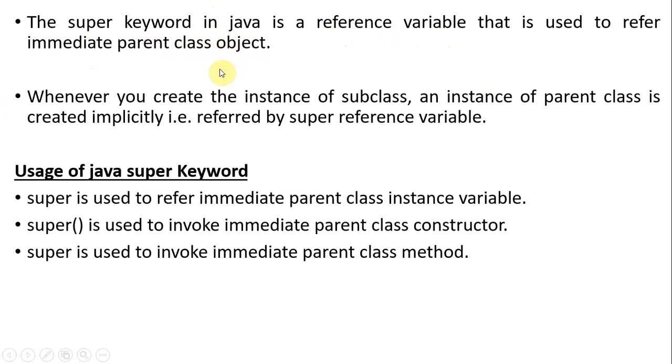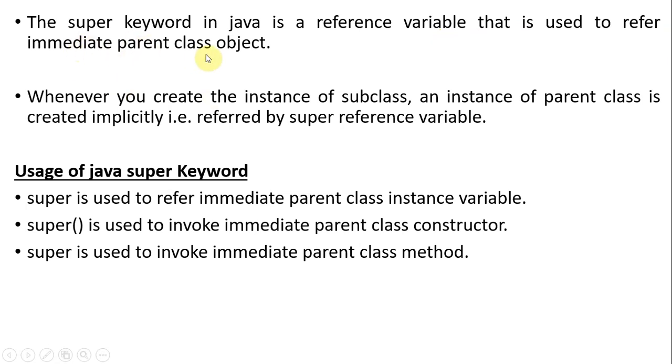Just now, before this video, we discussed inheritance, parent class and child class. How parent and child exist at the same time, their objects also exist. To refer to the immediate parent, for example, if grandfather, father, son are there, the immediate parent for the son is nothing but the father only, not the grandfather. So to represent the immediate parent class object, we need to use this super keyword.